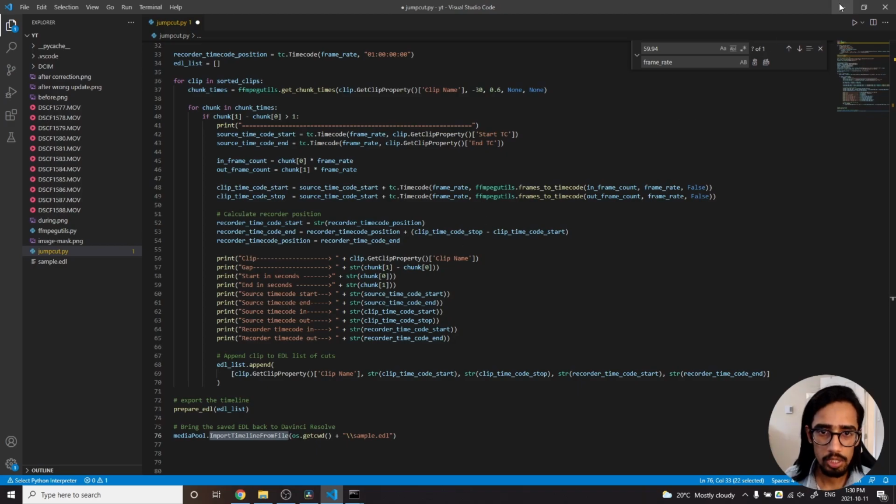I will check the code into GitHub and provide you a link within the description, so make sure you can see that. I'll be working on this code to make it more approachable and easy, because a lot of editors don't know coding, and this is a really nice thing to have.